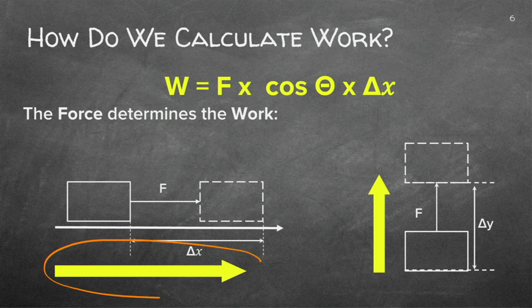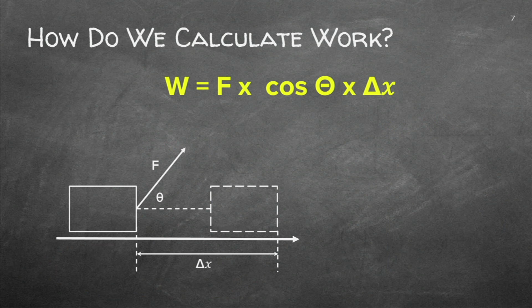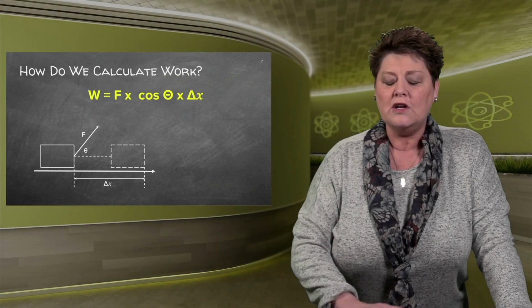On the other hand, we can also apply this to vertical. So we just said if I've got a delta x and I've got a F in the same direction, the angle will be 0 degrees, therefore the cos is 1. If it's vertical, I'm picking this box up. I've got the force in that direction. I've got the displacement, which is also delta y because it's vertical. The angle is again 0 degrees, and you know the cos 0 will be 1. Let's have a look at another example. Now, you've done this with Newton's laws, so just have a look.